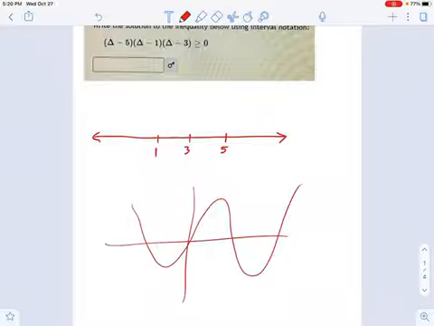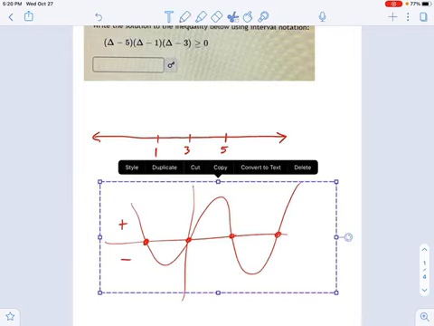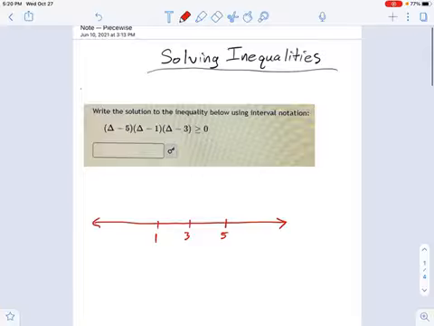Where is my function changing its sign? Where is it going from positive to negative? Well, it's at these special places, the x-intercepts. So that's why I like having these x-intercepts on the sign array that I'm drawing here, because those are the important places. So I've got my x-intercepts, and now I put the factors up here.